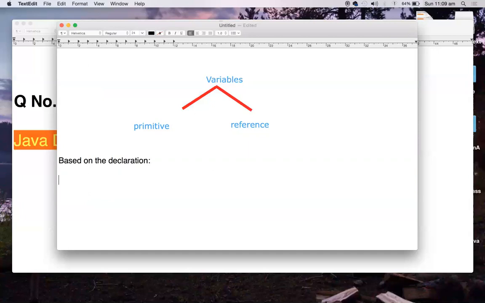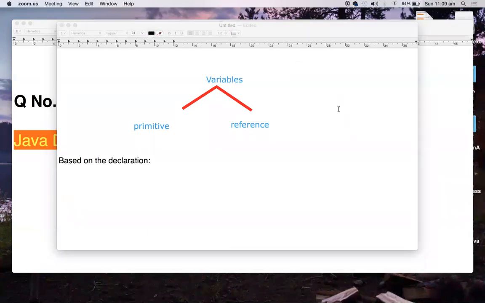Let me name those variables initially, so then we will understand how those things will be declared, where those things will be declared, etc. So now based on the declaration, there are three kinds of variables. Let me write those variables here.